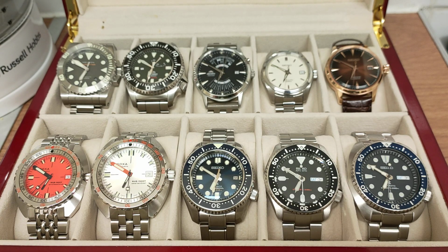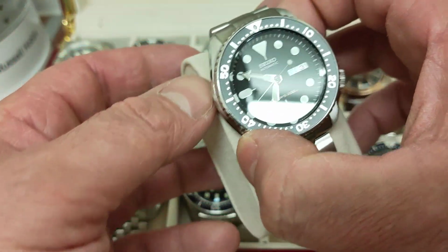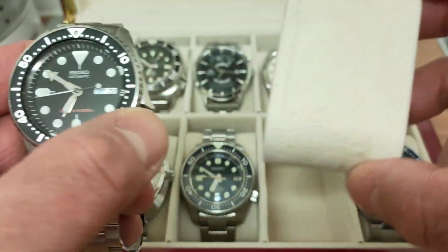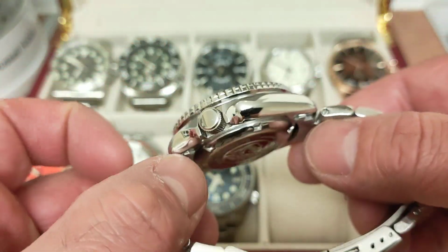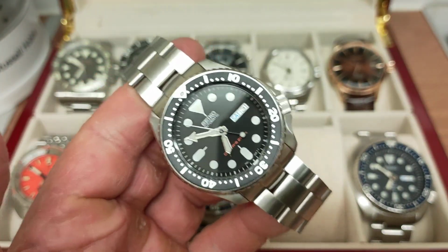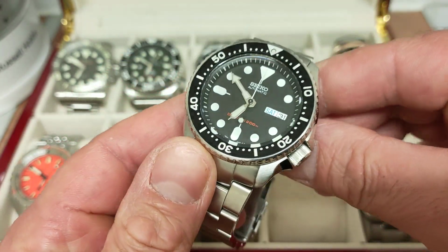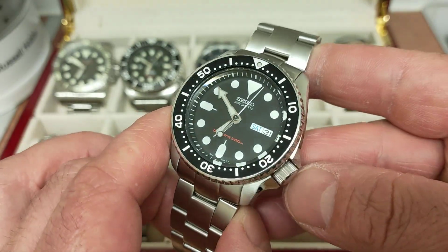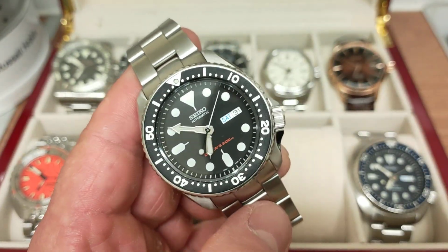So I'll start off with the first watch I bought, I think it was the very beginning of 2015. And of course I put all my watches on bracelets tonight for a bit of continuity. It was my SKX007 K1. This was bought by me when I first developed an interest in mechanical watches. Probably the most famous diver ever made and most sold. I didn't know about the JDMs and all that when I started, so I was quite happy just to buy this one. And I'm glad I did, because it's a wonderful watch and it still keeps impeccable time today,